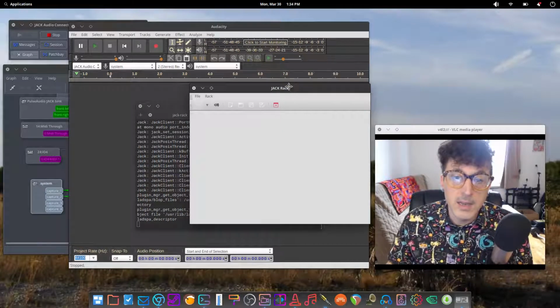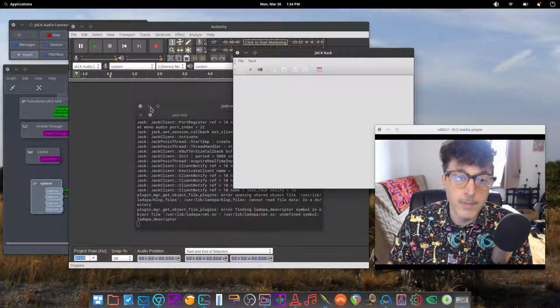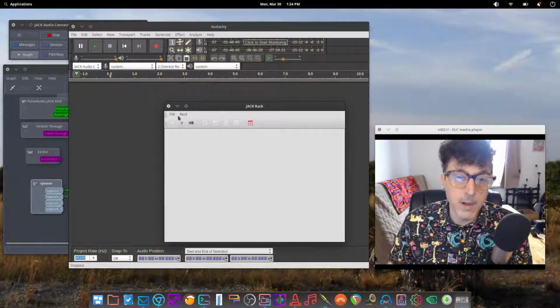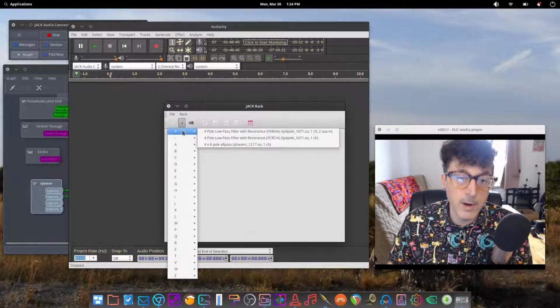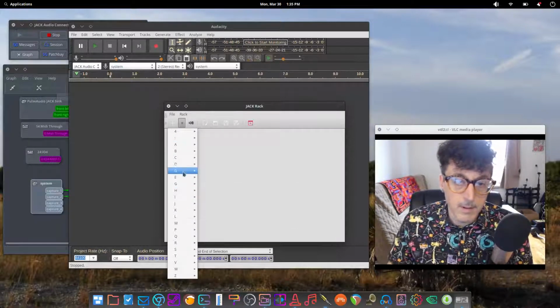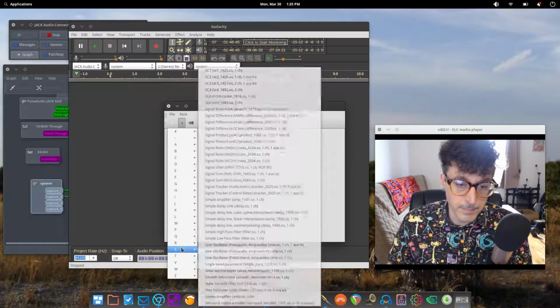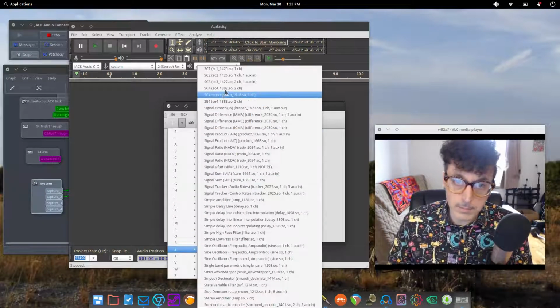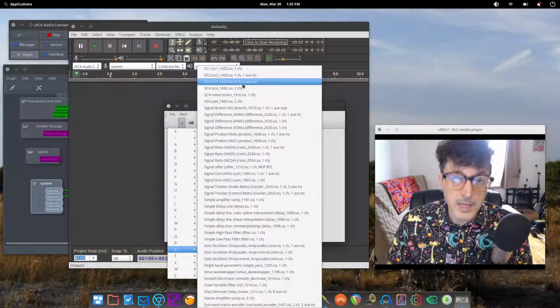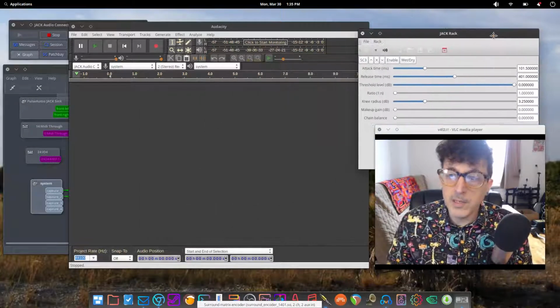which is basically an external program that allows you to load audio plugins in. If I go here and I open up, let me just put something in here. Let's go to a compressor. SC3 is actually a compressor that is available for Linux. And so we have this compressor loaded in here.